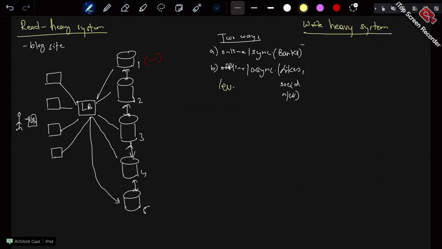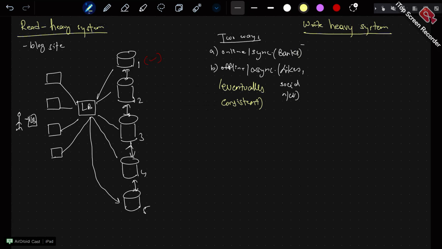In such cases, we make our system eventually consistent. You will hear this a lot. Eventually consistent means immediately it is not consistent, but give me some time, I will update the other nodes also and it will be consistent after some time. That is the meaning of eventual consistency. Okay, so this was one such scenario. Your read and write are going to the same database node, right? So in the case of a read heavy system, if a write comes in, we do it in such a manner.